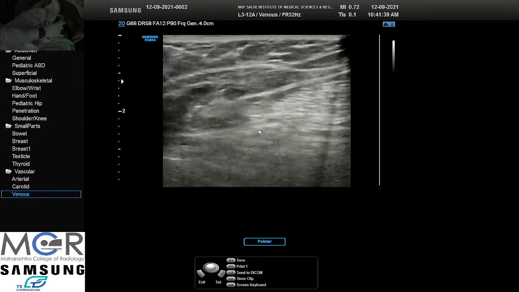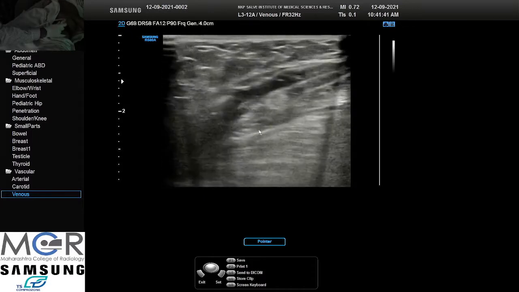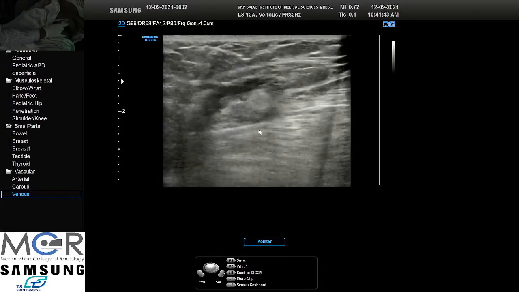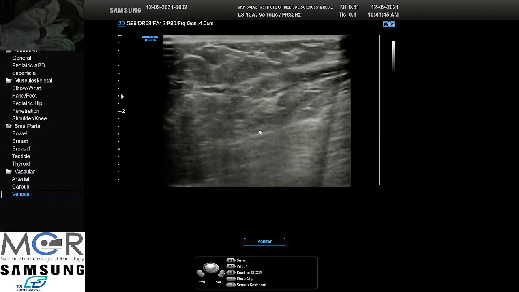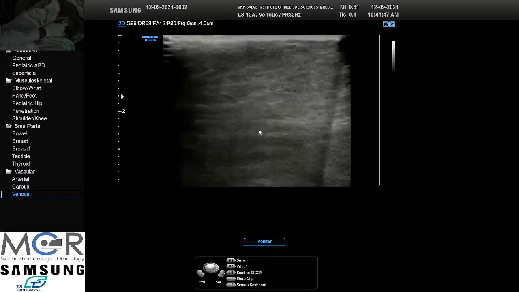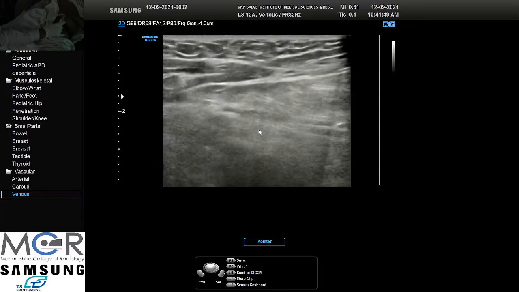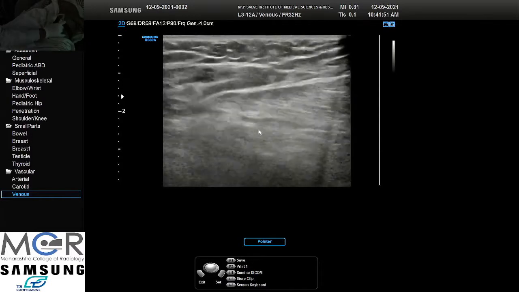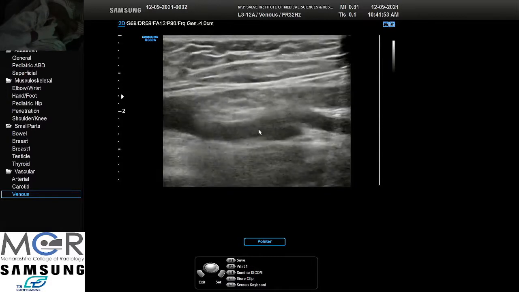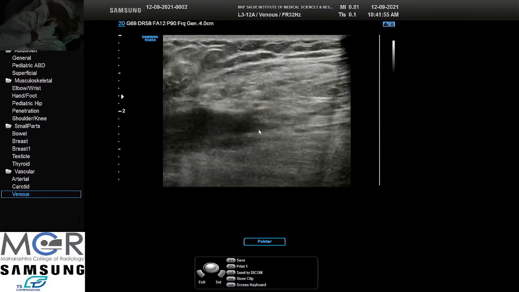Okay, so we take the classical position of evaluation of saphenofemoral junction. Artery comes medially, then vein.